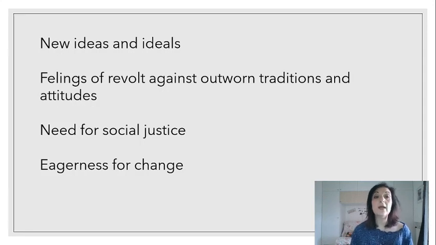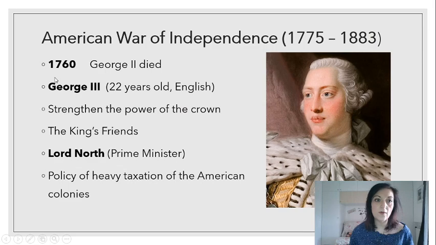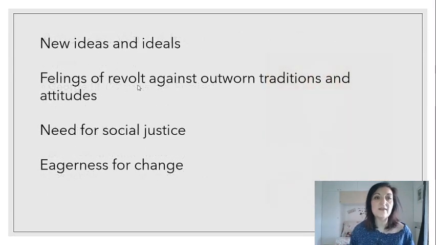19th century. This age was characterized by feelings of revolt against the old traditions and the old attitudes. So the Romantic Age was the age of revolutions, but the first revolutions were in the ideas, in the ideals, and they started with this spread general feeling of revolt against everything that was old, everything which